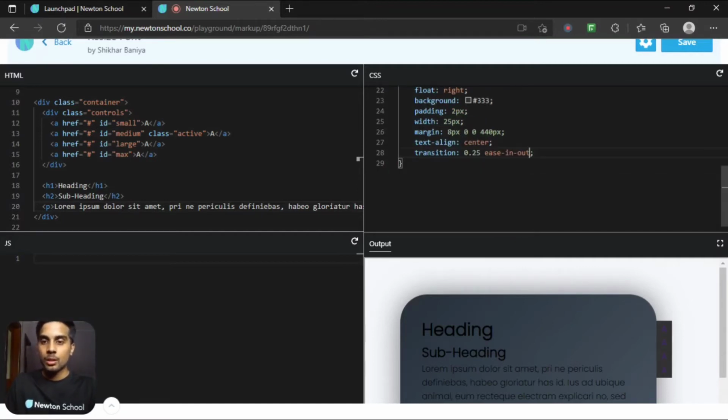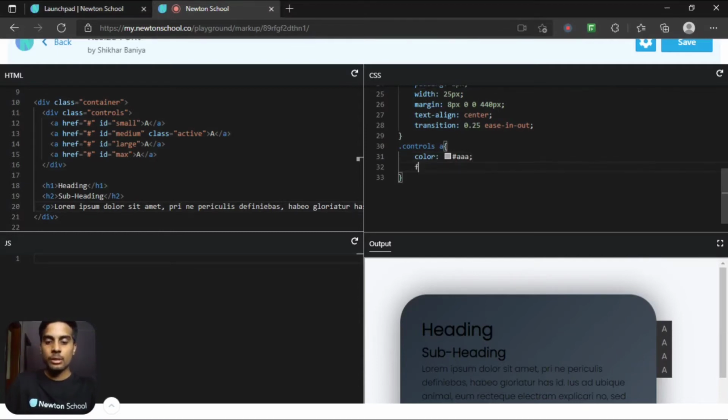Now I want to target all the anchor tags which are present inside controls. So controls A. Let's first change the color as hash AAA. So you can see all of the color of the anchor tag got changed.